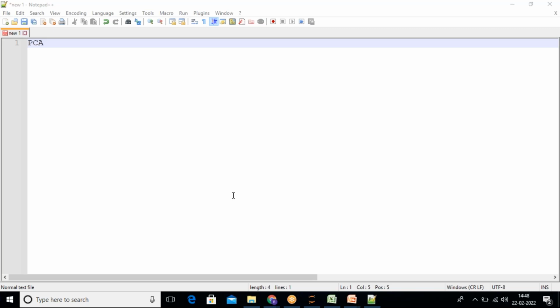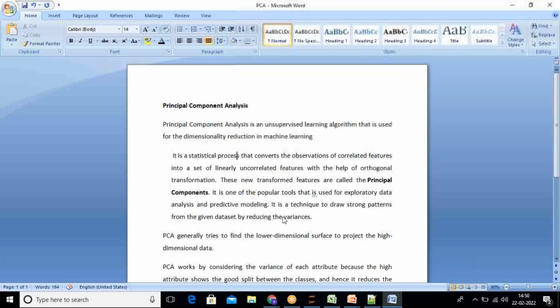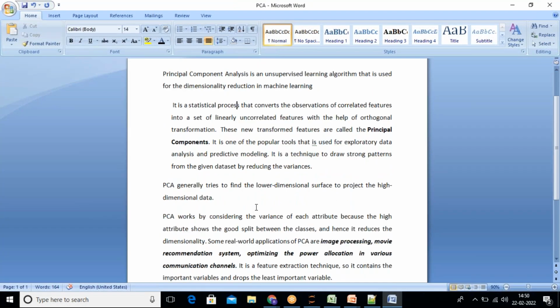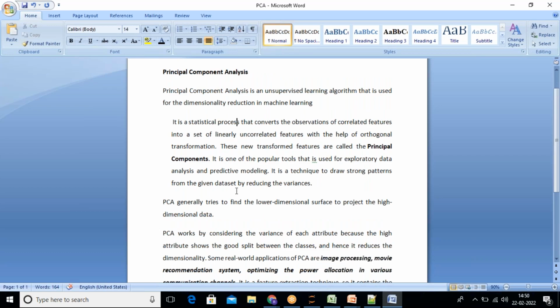Just have a look at this tutorial. Principal component analysis. So what are they trying to say? Principal component analysis is actually an unsupervised learning algorithm. We don't have anything to do with the target, we only have to do with features. So it is an unsupervised learning algorithm that is used for dimensionality reduction in machine learning. It is actually a statistical process that converts the correlated features